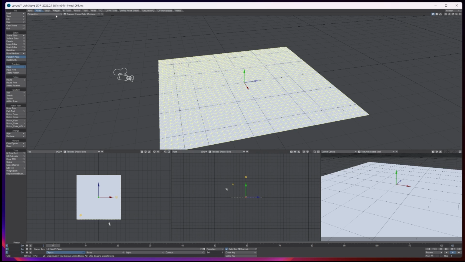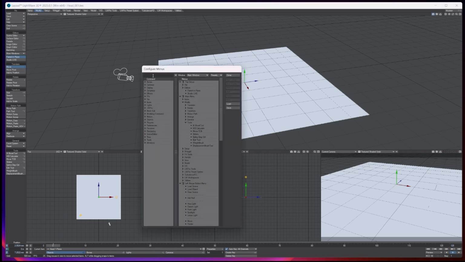Once you've done that, what you need to do is make sure the actual object you're going to use the displacement brush on is selected, and then under modify, if you go down to tools, at the bottom there's a displacement brush. So if it's not there for any reason, go to edit menu layout, in the search option